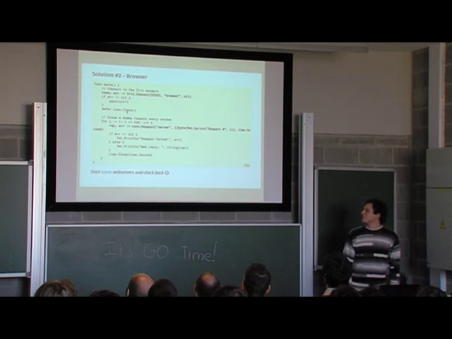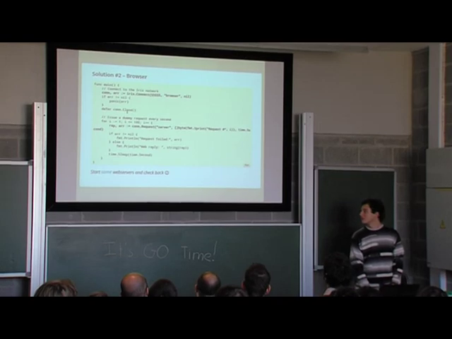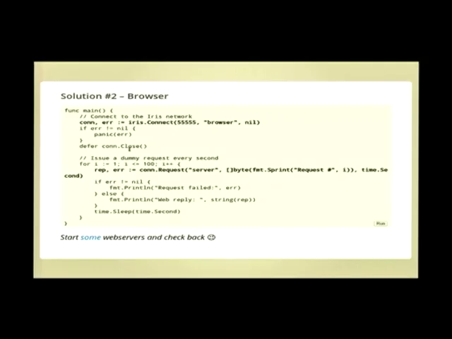Well, okay, now I have 2 separate source codes. One is for the web browser, one is for the web server. They are very similar. What the web browser does is we have the connection code as previously. Oh, I forgot to say that we're connecting with the browser as a browser. Maybe I didn't detail that too much previously. And I have a request function. I just start requesting every second. I issue a request, tagging it with the request ID, and